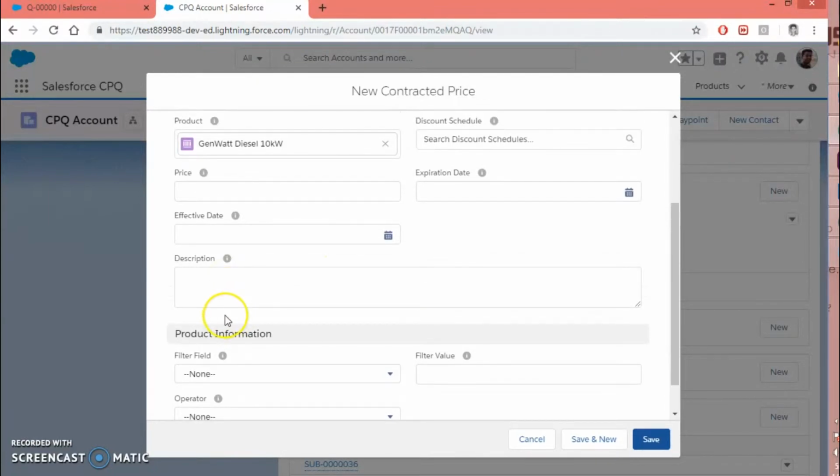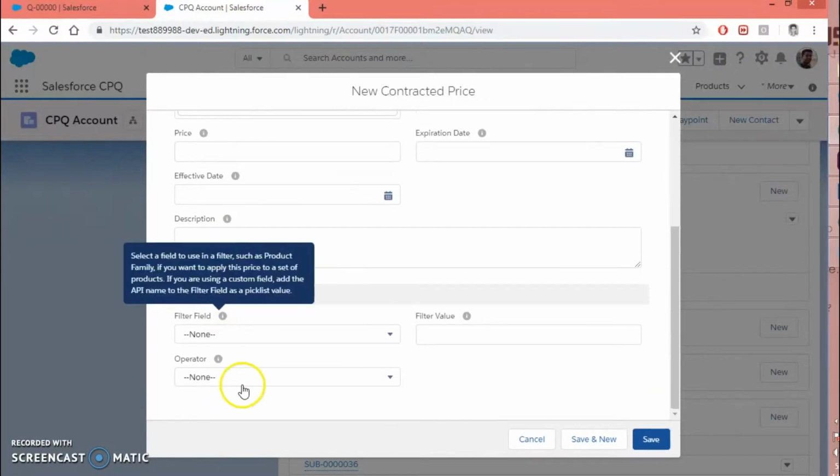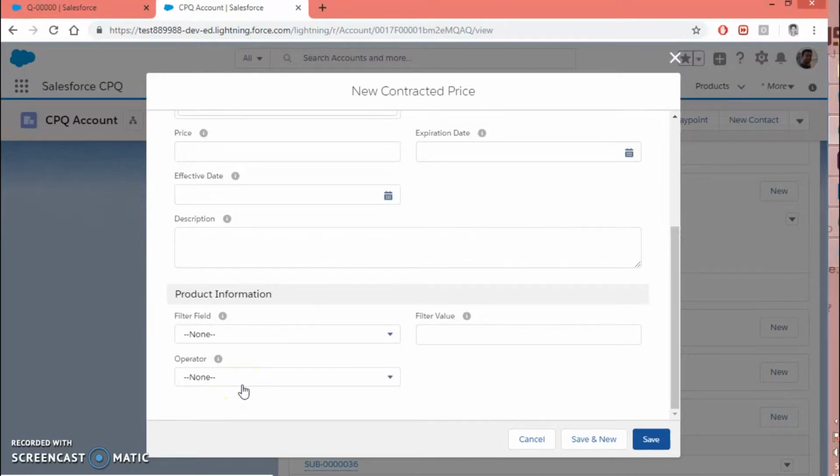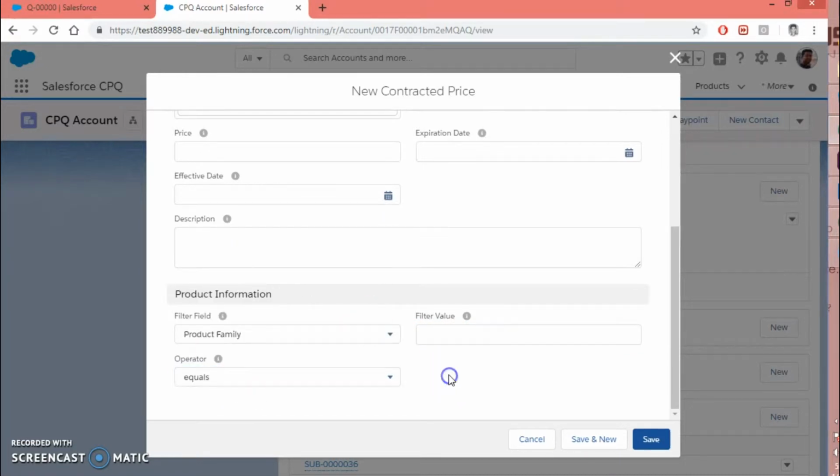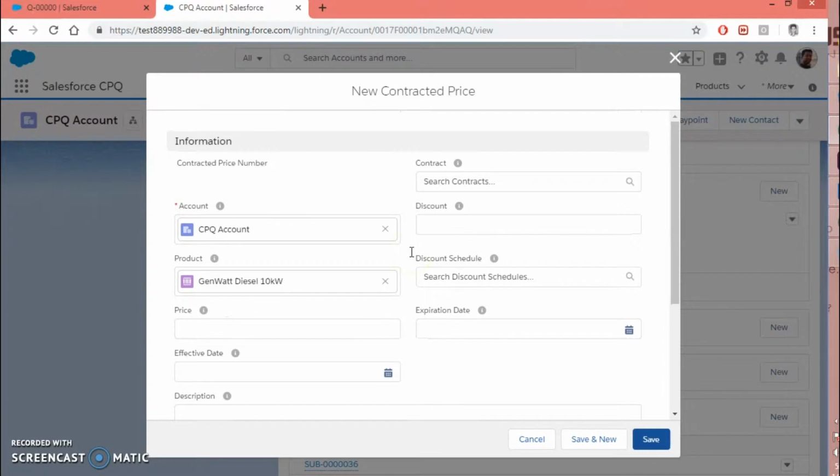If you want to apply the contracted pricing for more than one product, you can create multiple contracted records, but let's say if you want to give a special discount for all families or for a particular family, you can use that as the filter information here. So creating the contracted price is pretty much straightforward.